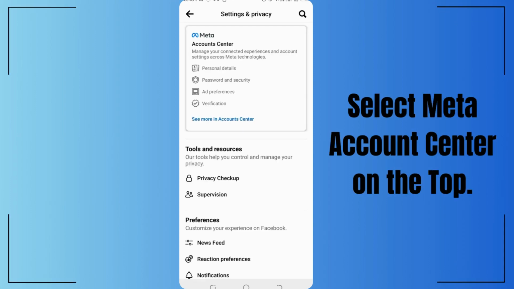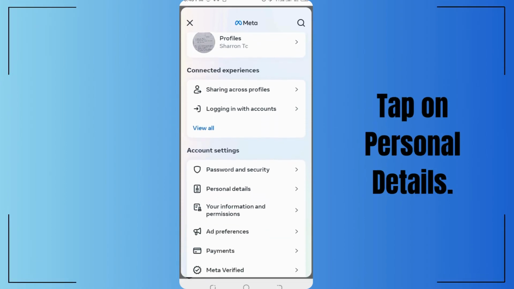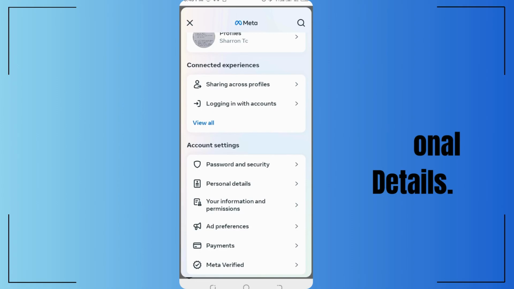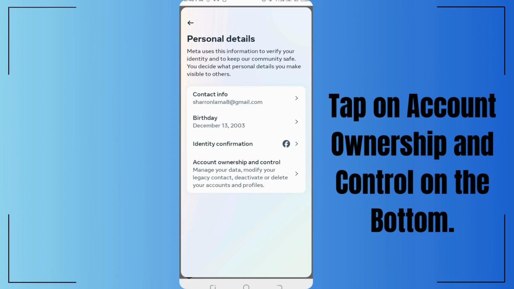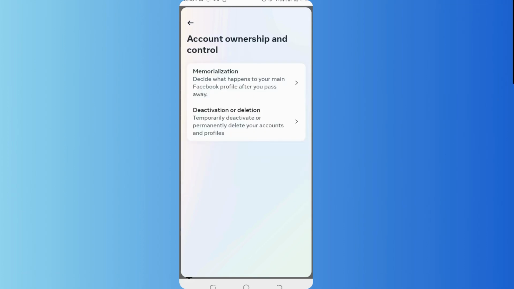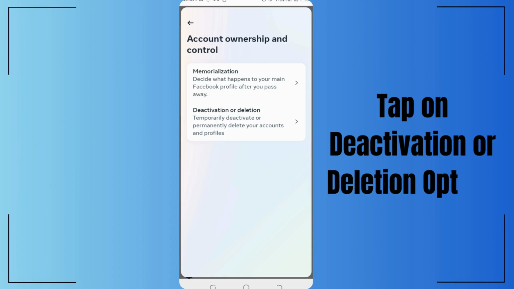Select that option, and over here under account settings we could see you have to tap on your personal details, and under the personal details we could see on the bottom there's account ownership and control. So simply tap on that option, and this section contains options related to managing your account. So tap on the deactivation or deletion option